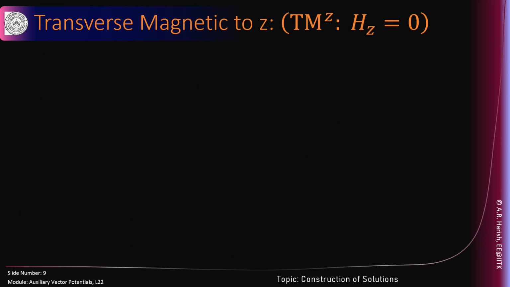Let us now find a solution which is transverse magnetic to Z, TM to Z solution. TM to Z by definition implies Hz is equal to 0. So this is obtained by choosing A as Az cap, Az a function of x, y, z. That means A has only a Z component and F is identically equal to 0. Az is obtained by the solution of del 2 Az plus beta square Az equal to 0, and we usually